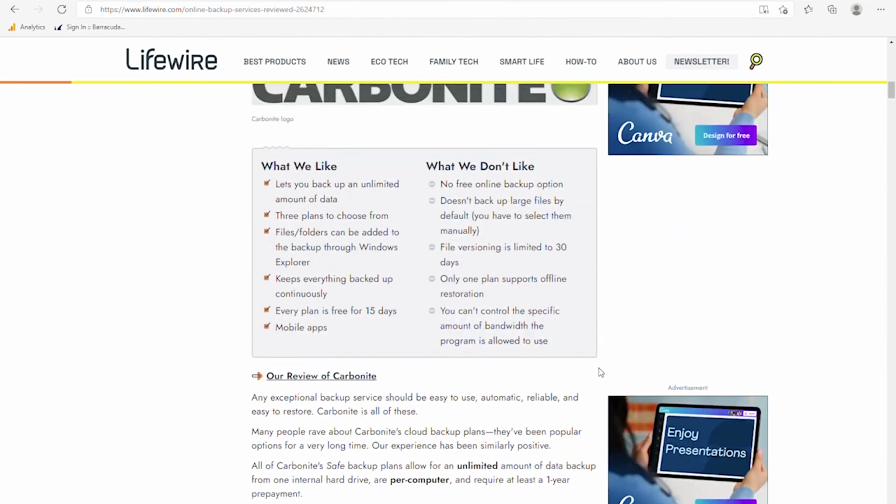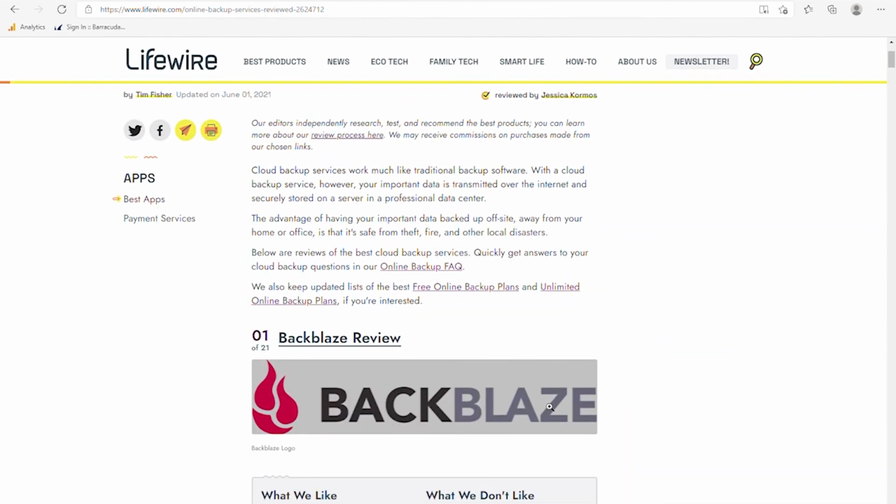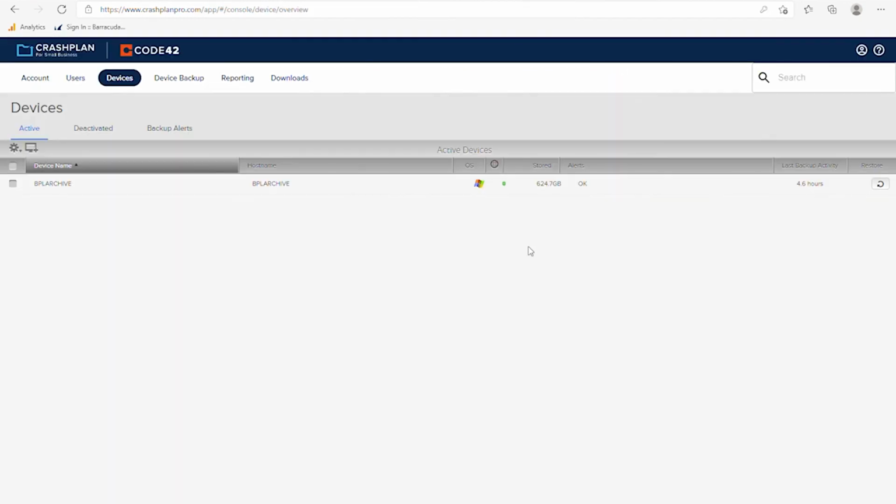Once you have set up one of these accounts and you're logged into it, it would look something like this. I'm going to go into Code 42 backup. Now, for security reasons, I'm not going to show you too much of the files that I have backed up onto our library backup system here, but I do want to show you how this works,